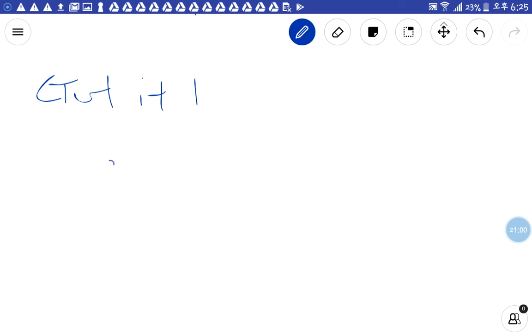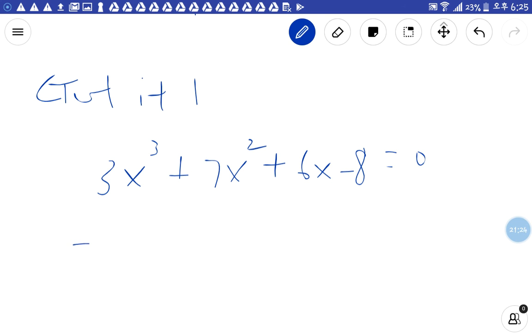My question is 3x cubed plus 7x squared plus 6x minus 8 equals 0. All right, what was our rational root theorem? Please find out factors of negative 8. Even if we're having negative numbers, integer root is gonna be plus or negative the factors. So factors of 8: plus or negative 1, plus or negative 2, plus or negative 4, plus or negative 8,